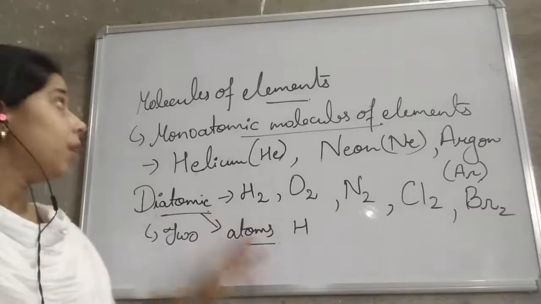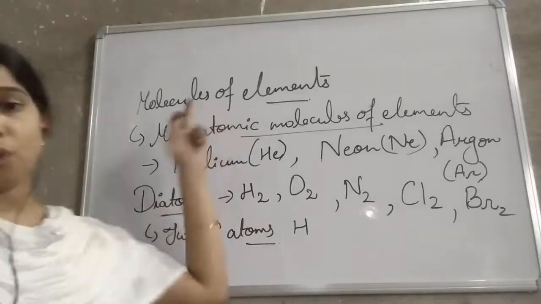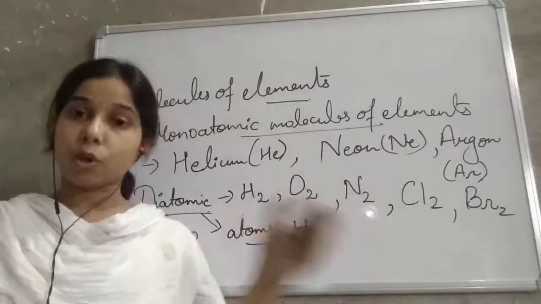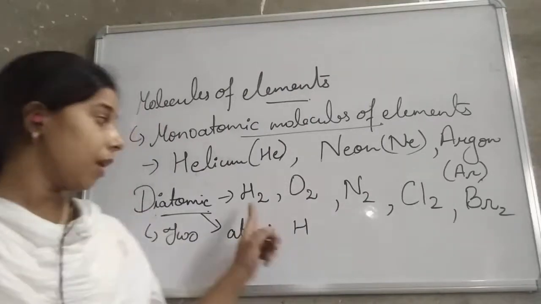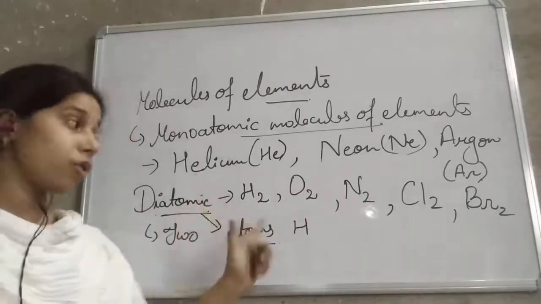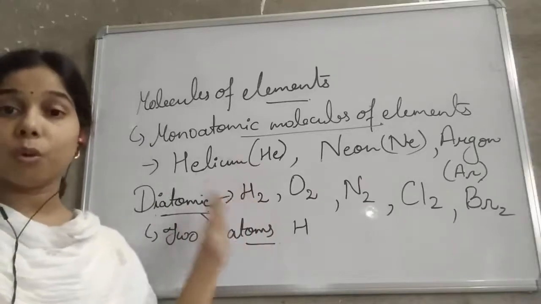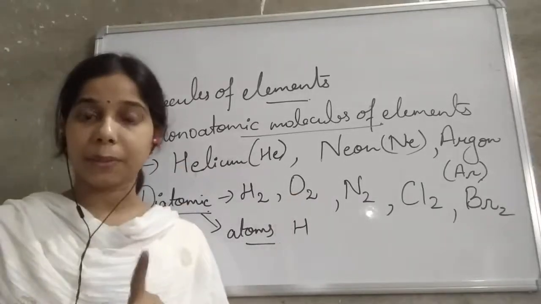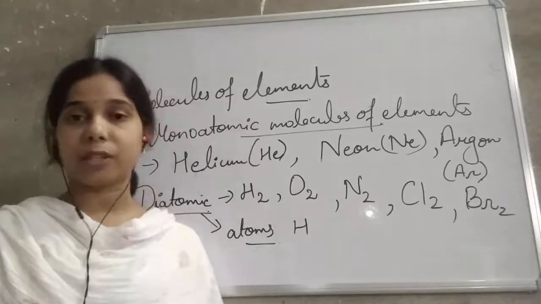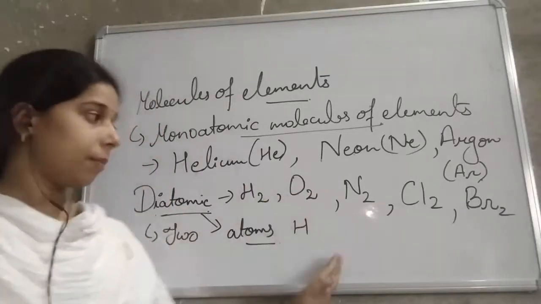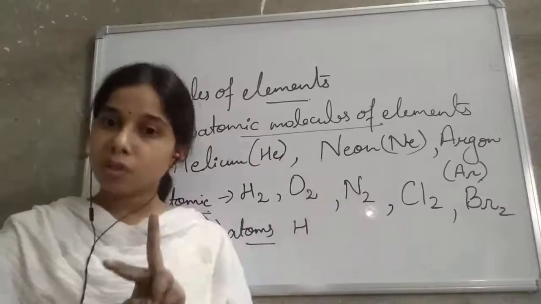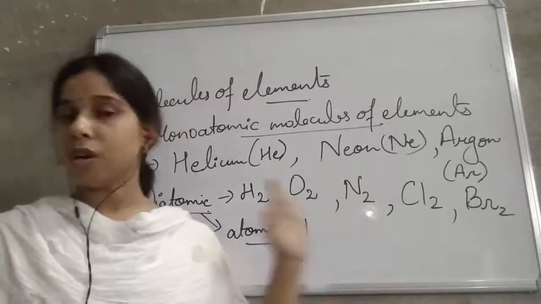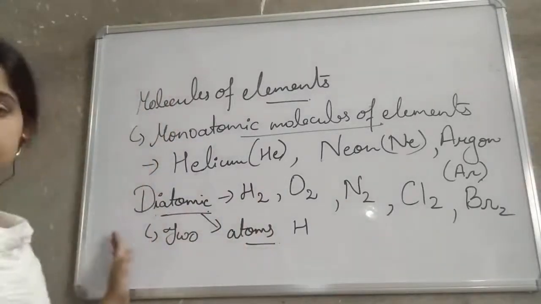Okay, student. Now you have seen that here we are talking about the molecule of an element, or homoatomic molecule. So homo means what? Having the same. So here one hydrogen and another hydrogen combine with it. Thus it is a homoatomic molecule. Here also there are no two different types of atoms, but two same atoms combined together to form the oxygen molecule. Same thing happened with nitrogen also. Two same nitrogen atoms combine together to form nitrogen gas or the nitrogen molecule. So this is the monoatomic, this is the diatomic.